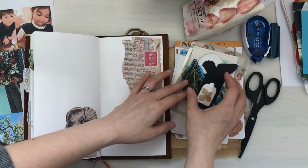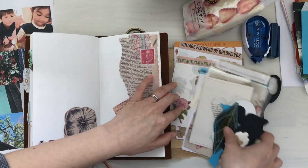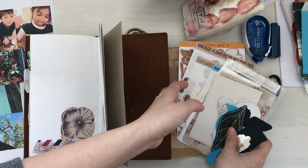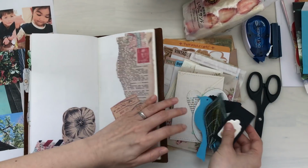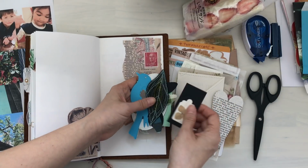Also, I brought out a bunch of things here and there, so I'll discuss them when I use them: some of Maria's Oh Lovely Cues stickers, and Job's Journals stickers, and a paper pack that I got from London Gifties, and I found this super precious ephemera bits, and